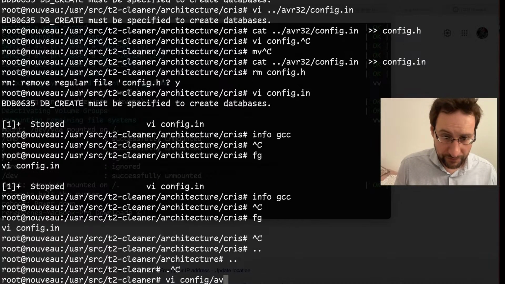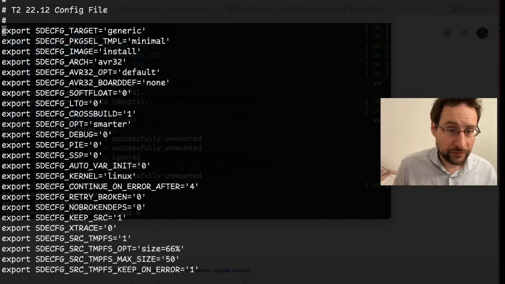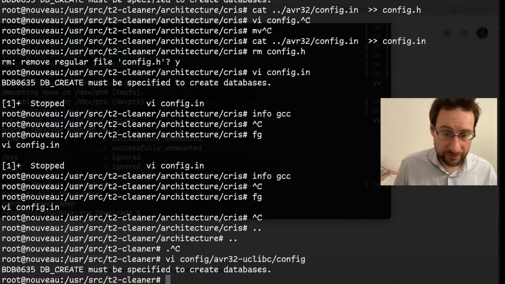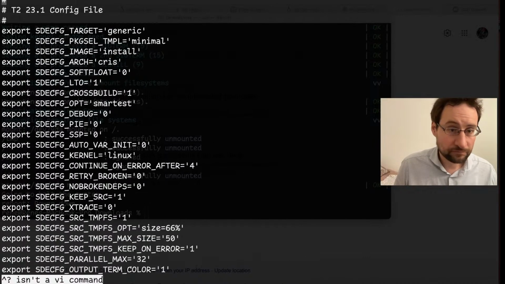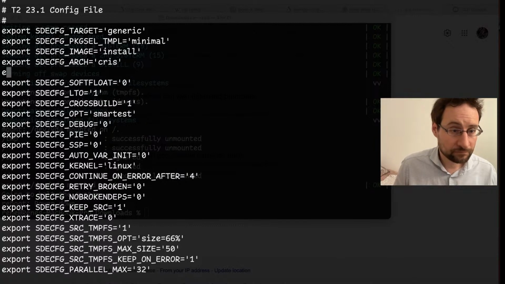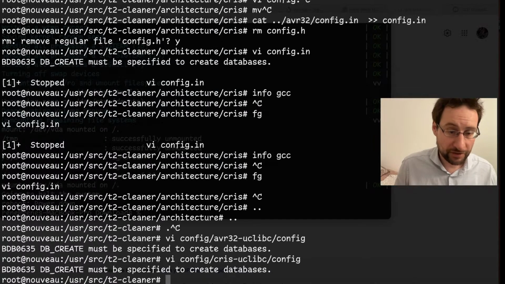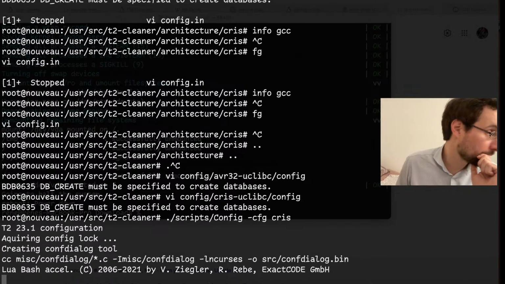Let's see if... so let's, oh wait, so wrong. Not sure why I manually edit that. Probably there's a typo. I should have run the config proper.